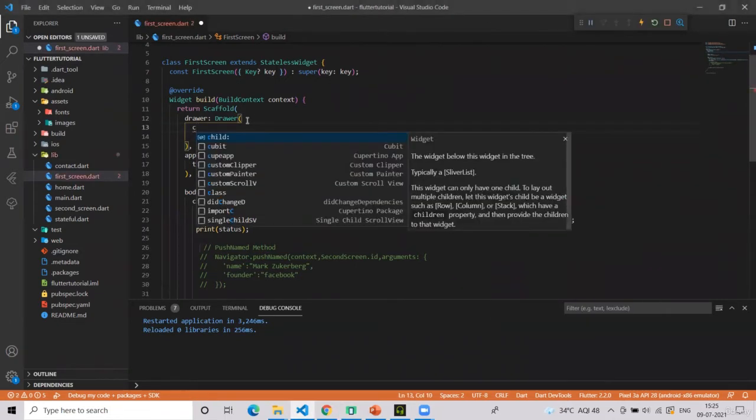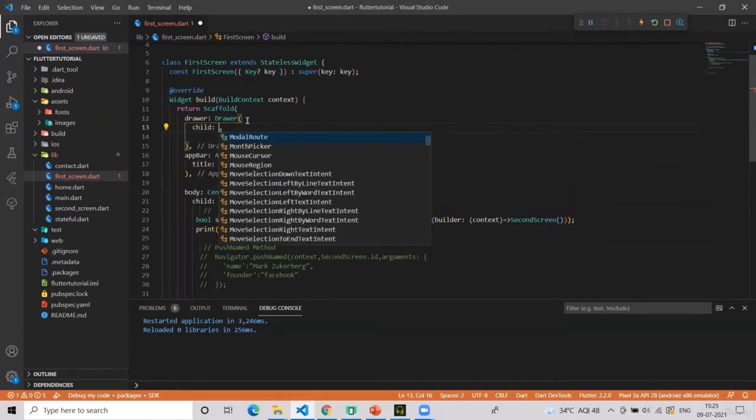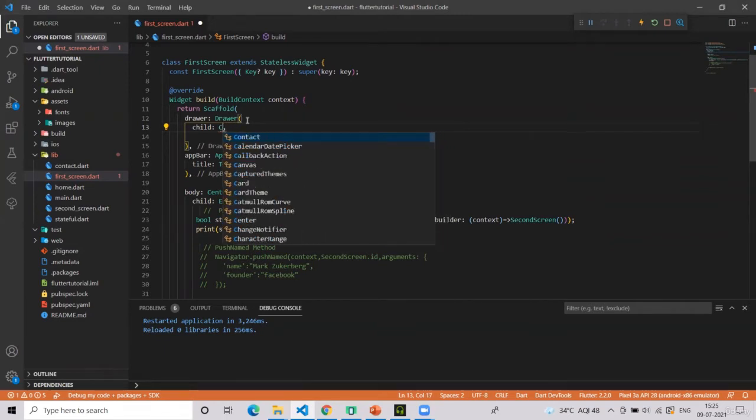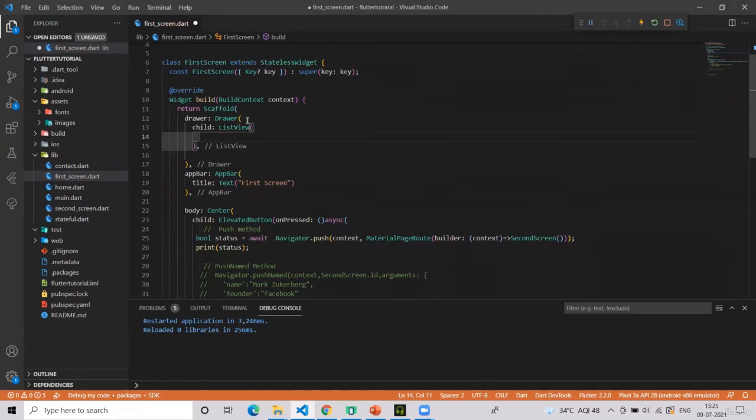Now inside, it accepts a child, and definitely there will be a lot of navigation options. So in there we will use, not a column, but a list view, and I will show you why we didn't choose column as well.